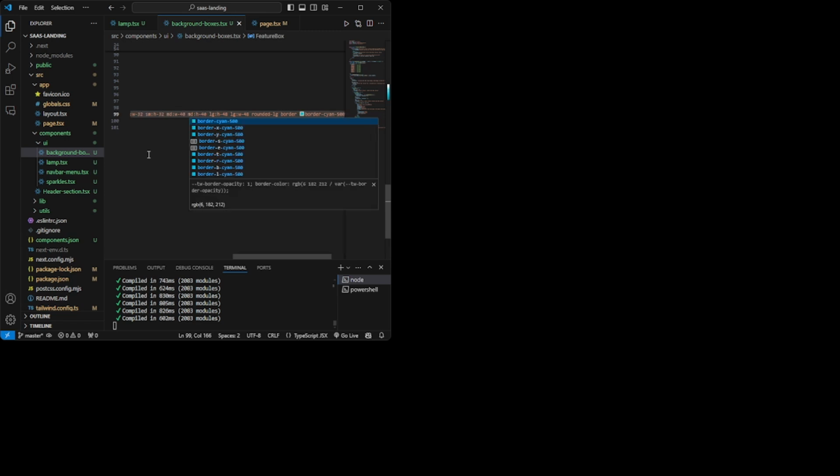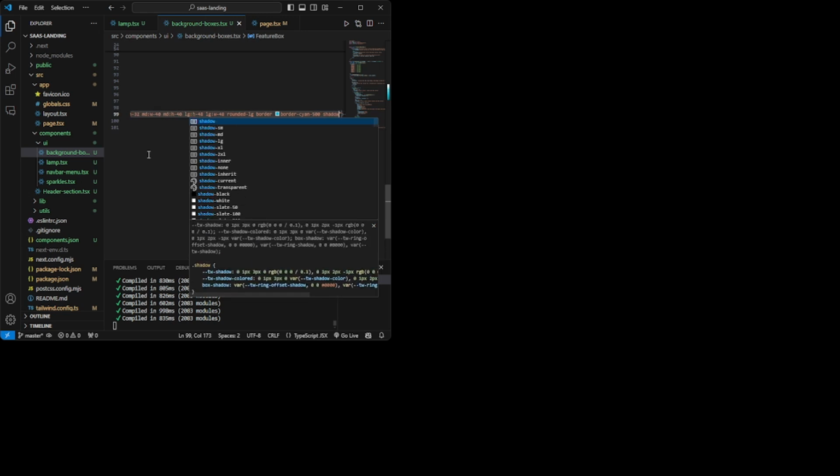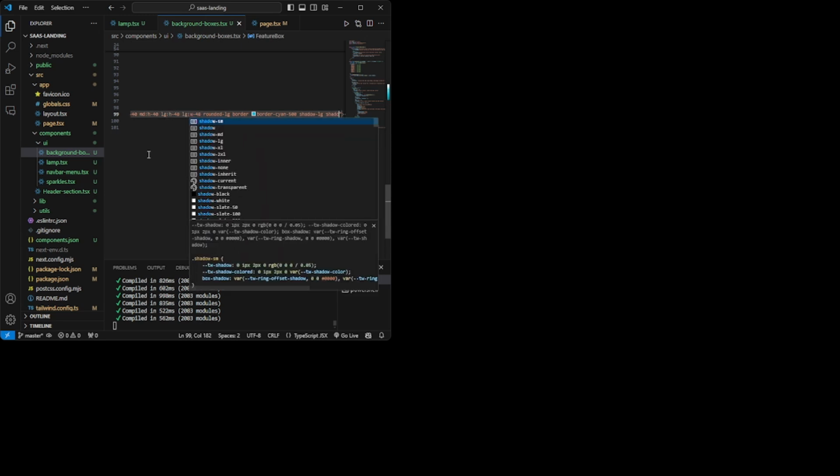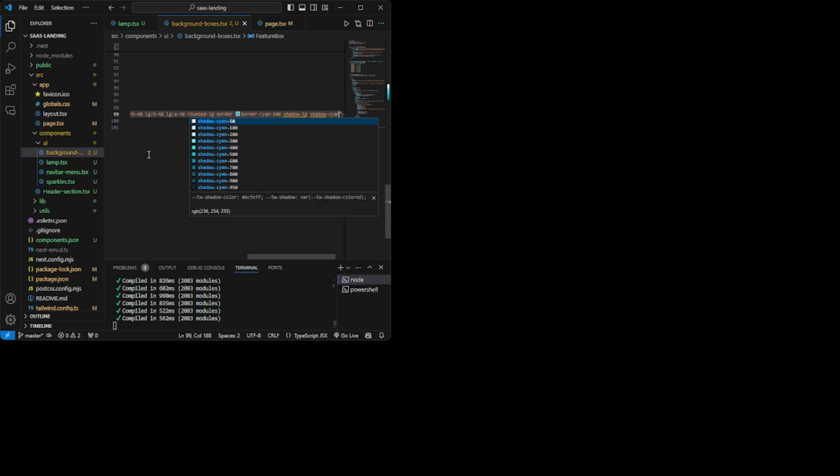This will look good. Then I want to give it a shadow also, and the shadow is large. Then shadow cyan 500. Yes, so we see.